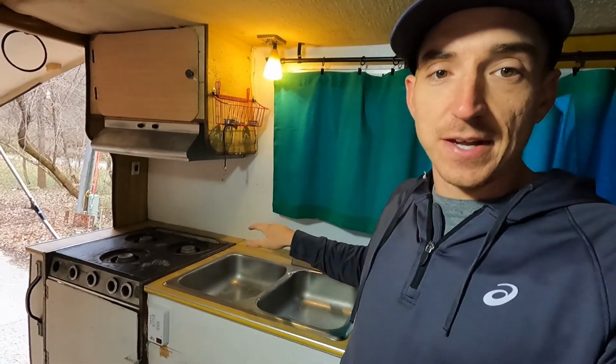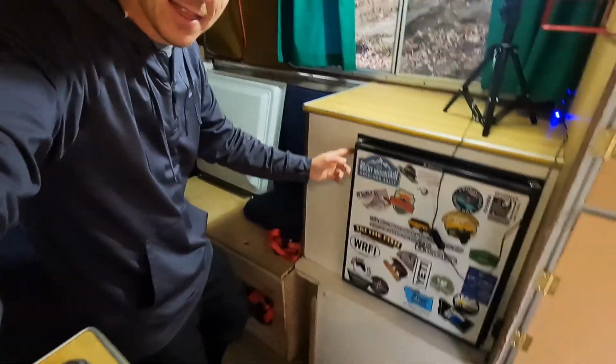This camper has been on the earth for 45 years. And in the gutting, we're gonna kind of change the layout a little bit. We're gonna update the stove and the sink. And I think we're gonna take this refrigerator, well, not actually this one. We're gonna take a new refrigerator and move it over to the side with the rest of the kitchen stuff,